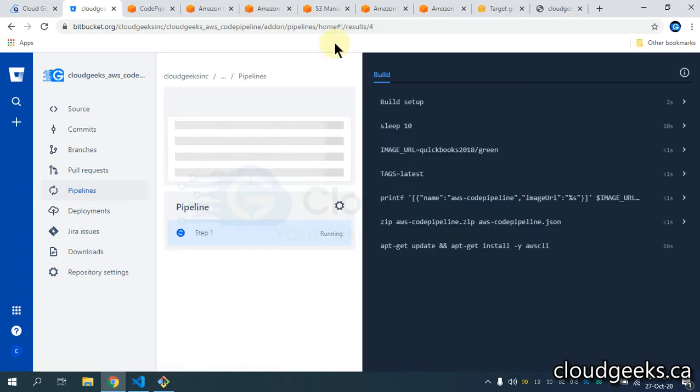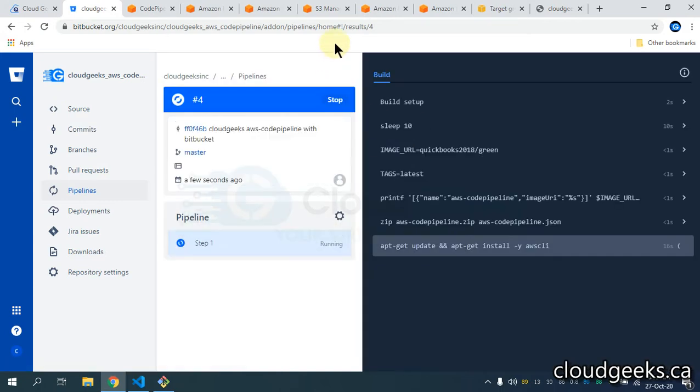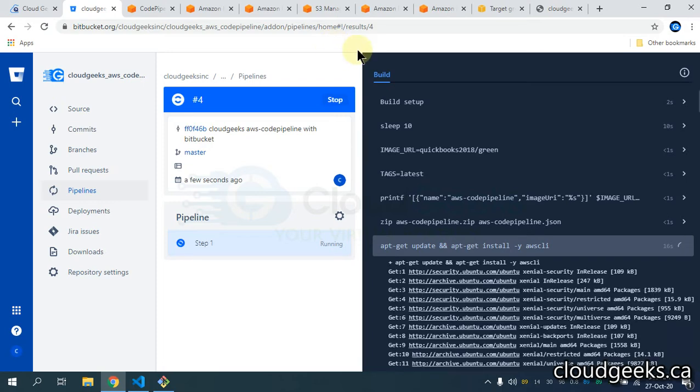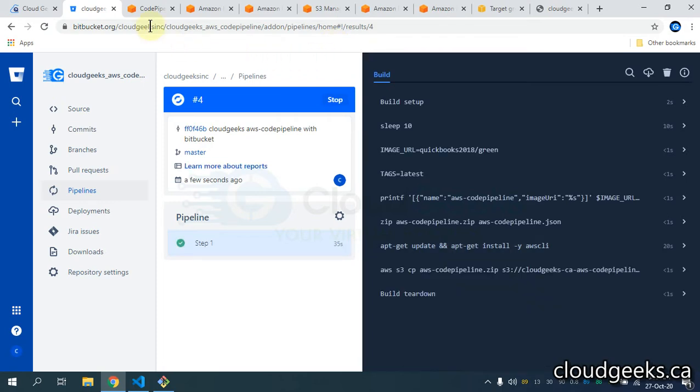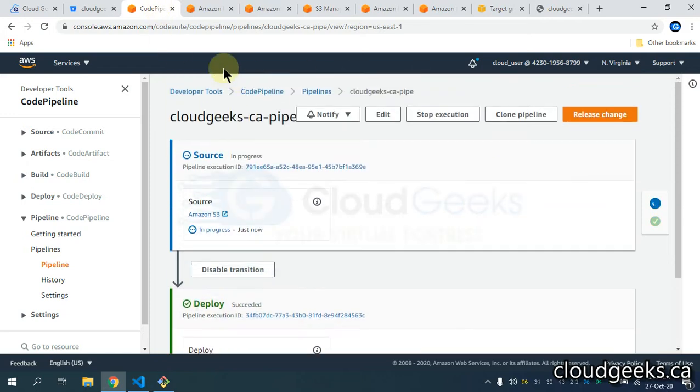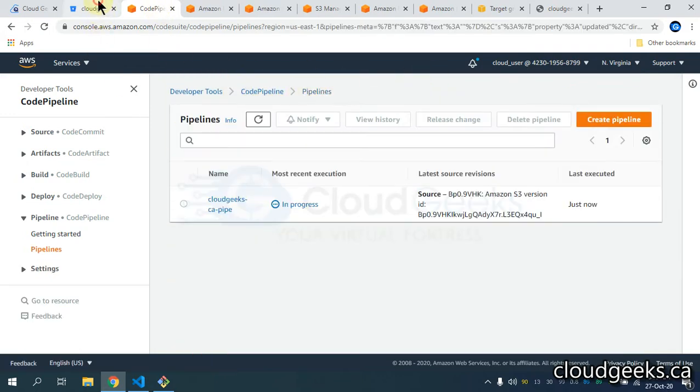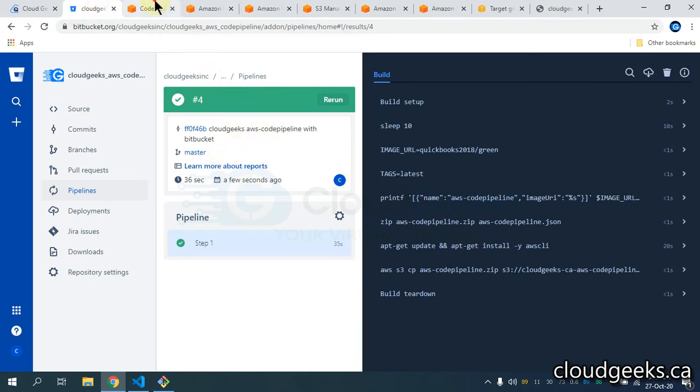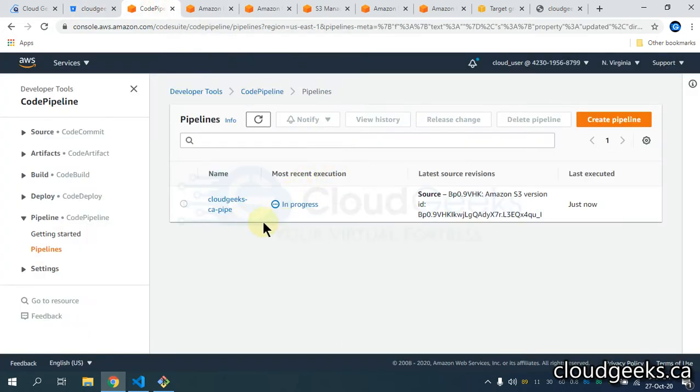Currently, it is going to do the relevant stuff. Once the commit is done, you see it is successful. Now our pipeline is automatically triggered. You see, this is our target, that our pipeline should be automatically triggered.